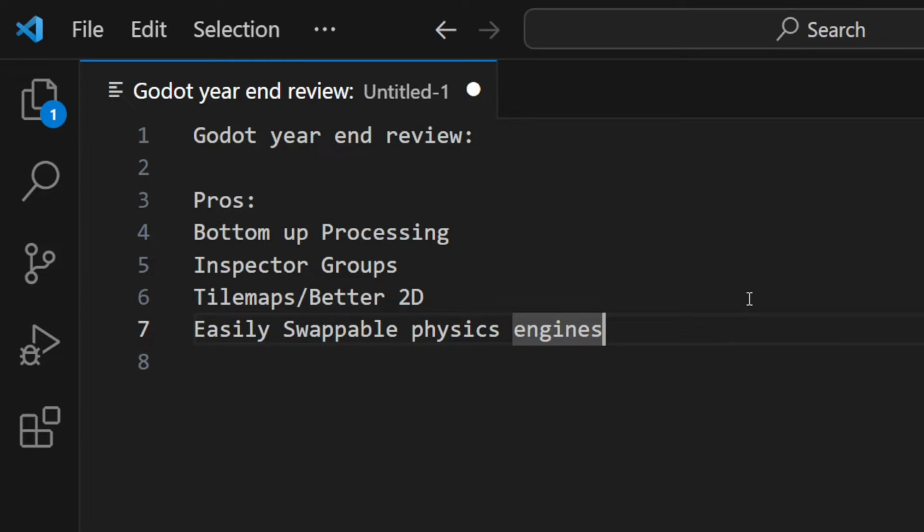Yeah. So where Godot you can just change it. You don't have to ditch the whole engine. If you like the engine, you can be like, "Well, I want this feel." And you can just swap in the physics engine. That is nice. Again, different physics engines have different uses, and we kind of showed that in our previous video